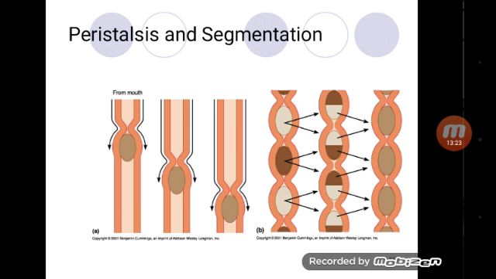Coming to the intestinal reflexes, there are two reflexes, the intestinal reflex and the gastroileal reflex. From the name, the intestinal reflex is when a part of the intestine is overdistended or stretched, the rest of the intestine relaxes. This is called the intestinal reflex. It is mediated by local enteric neurons and vagovagal pathways. The gastroileal reflex is when food enters the stomach, stretching the stomach, and the motility of the terminal part of the ileum is enhanced.